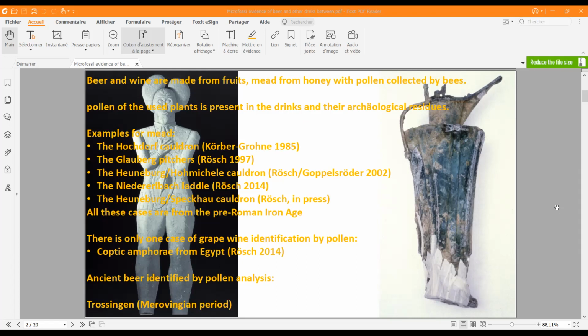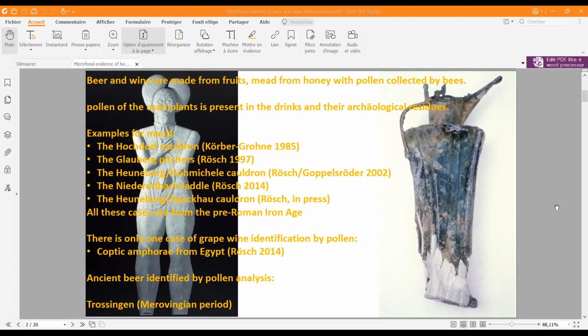Okay, this is about honey and mead, and now we go to the next step, which is wine. I have no slides for you. I have had only, in my working time, one example for wine,